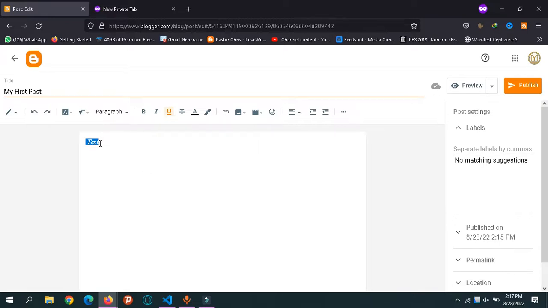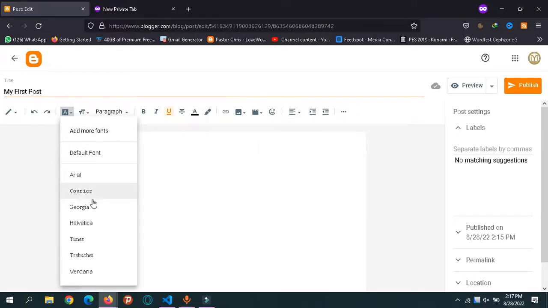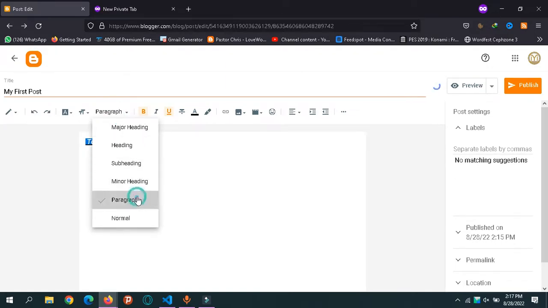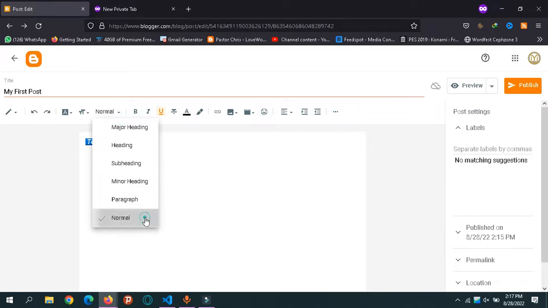The next thing you see is if you highlight this and let's say font type, you see it's changed the style. Paragraph, let's see, heading is bigger, subheading a bit smaller. You can go minor heading, still small. Paragraph, normal. So why you're going to need this later, because when you're designing your blog and you have several points you want to talk on the topic, you need to have several